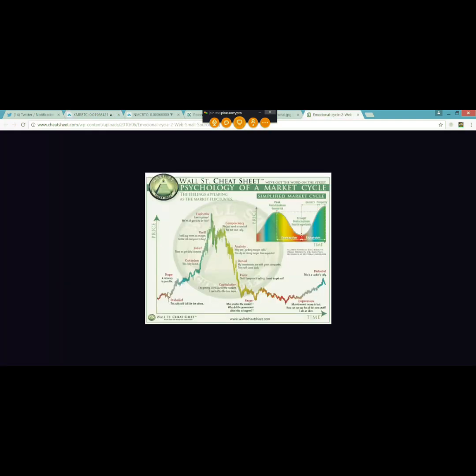Like right now, everything breaks out. It basically breaks out, does its first little rally. Right now, I would say that Ripple, for instance, just hit disbelief. It just rallied up and hit disbelief, and everybody's like, whoa. Because look, it came out of the depression. It did a little rally up and bang.